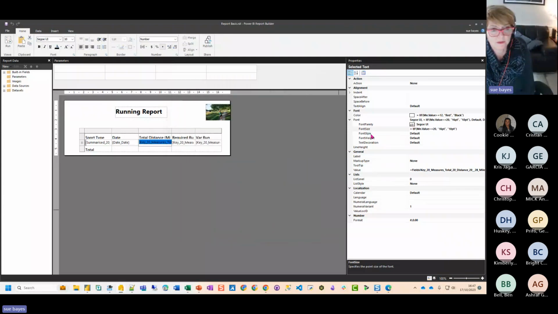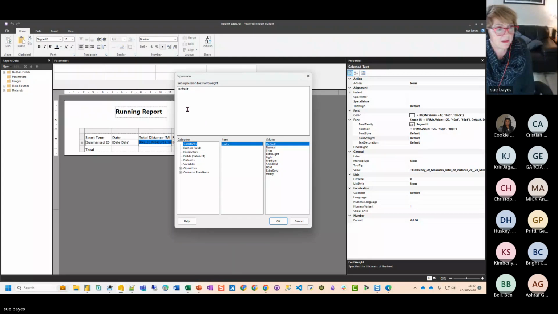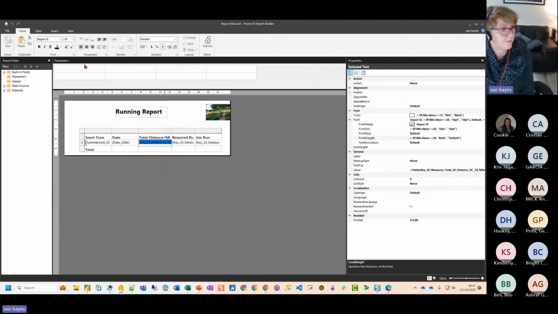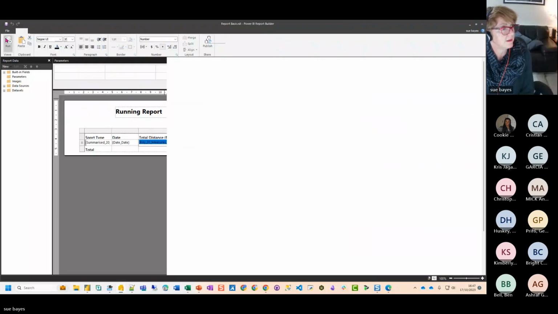So we're going to make our font size slightly bigger if it's over 20, and make our font weight an expression. Here I want to make the font weight bold. Again, we're just doing, if it equals this, then do that, or not do this. And then when we run it,